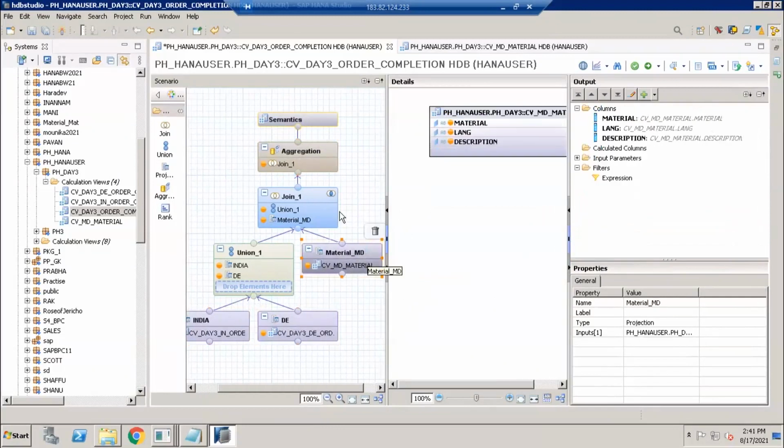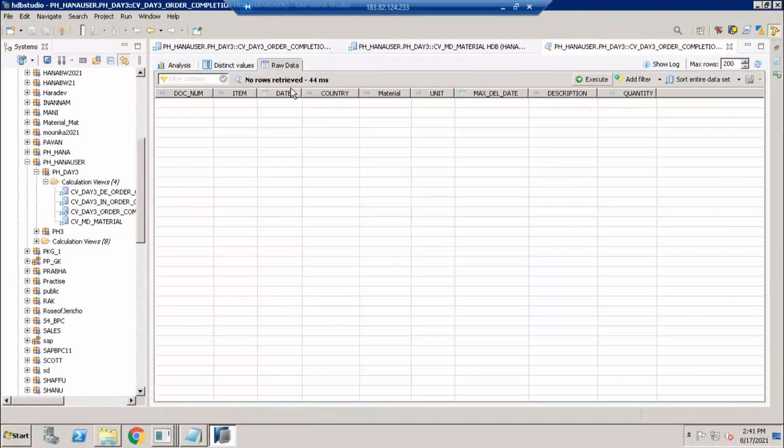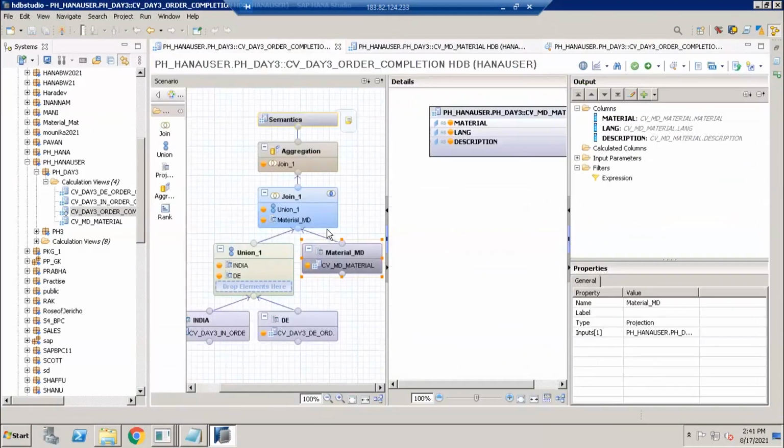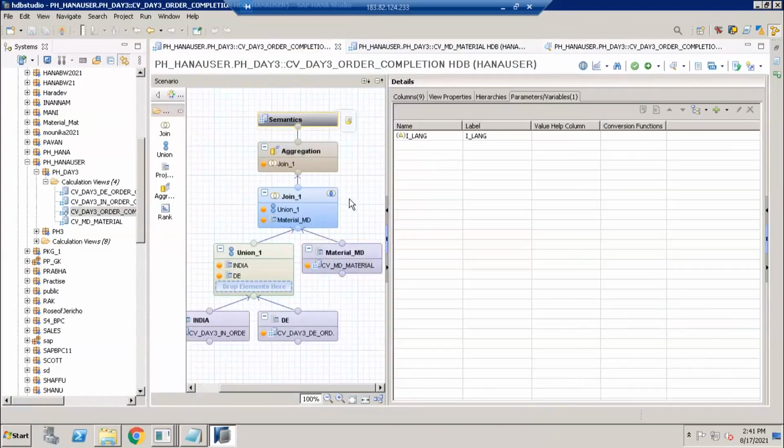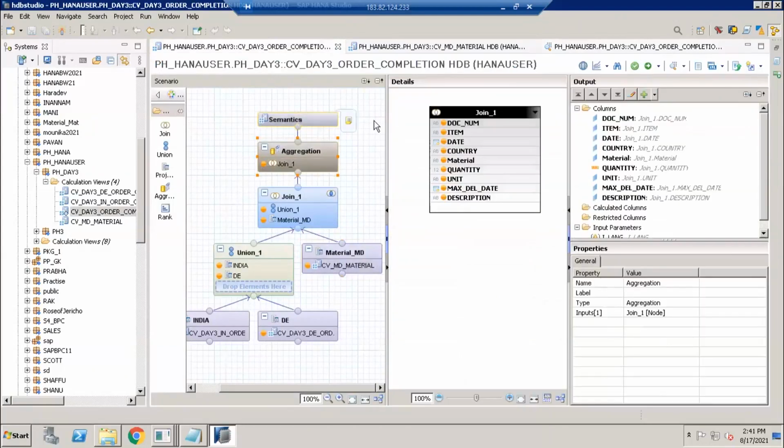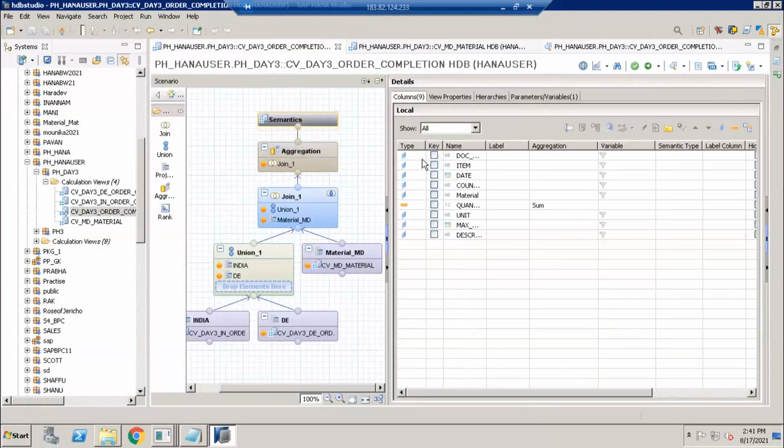Okay, so that's it. Now if I activate this CV, it will prompt me for the input parameter variable. Oh, sorry, one second, why is it not prompting? Go here, language. I'll go to the semantic columns.